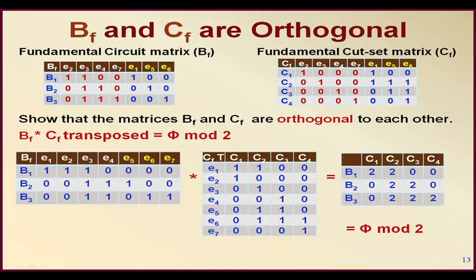The advantage of orthogonality is that within certain limitations and assumptions, if we have one matrix, it should be possible to find the other one. Anyhow, this is the essential idea of the fundamental circuits. Now, let us see how we can use them in